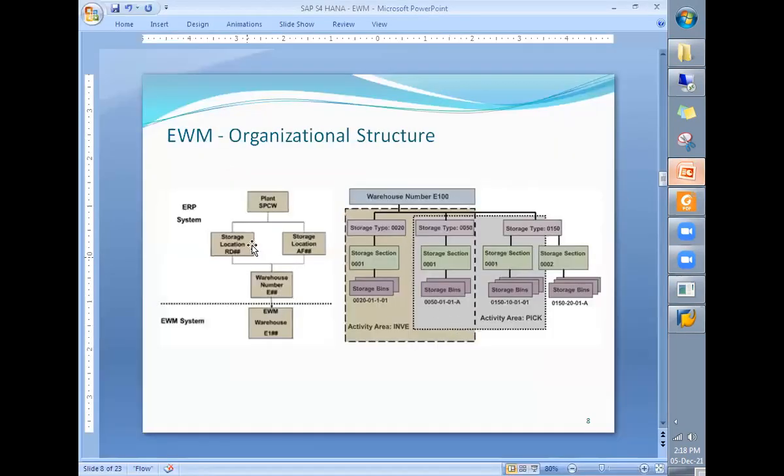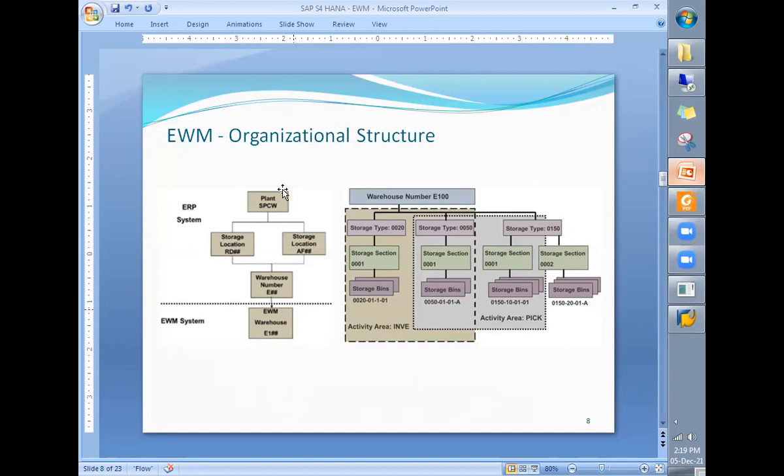So once plant and storage locations are ready from the ERP side, you can see this is the EWM organizational structure. As we know, in SAP, for every module, there is an organizational structure. Right. So without setting up these organizational units, we cannot use those modules.